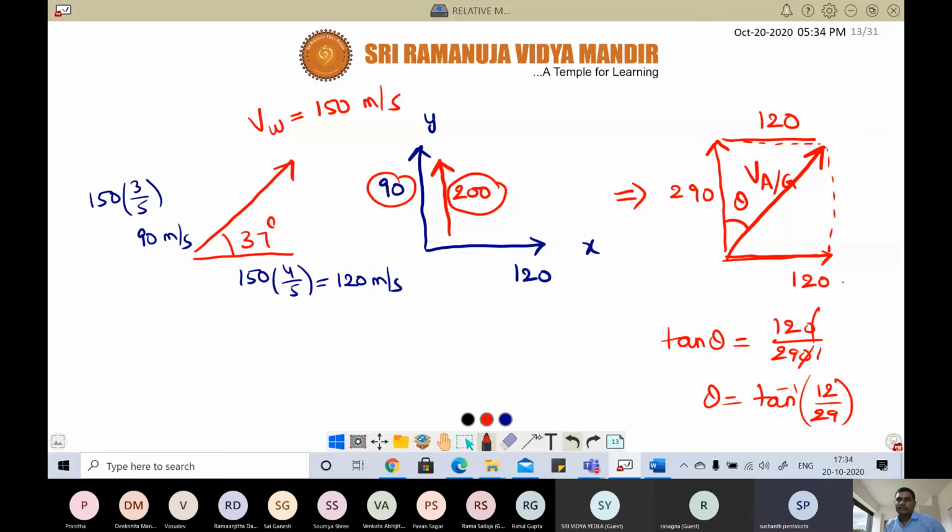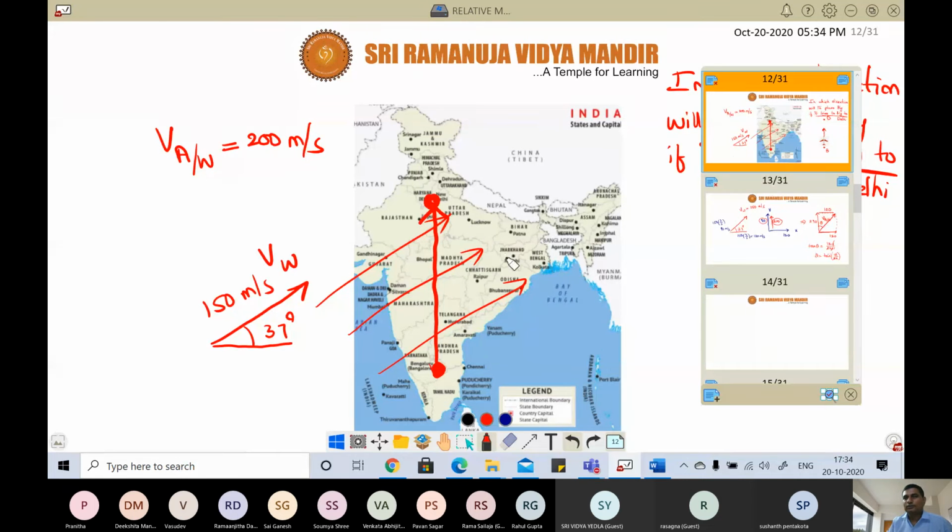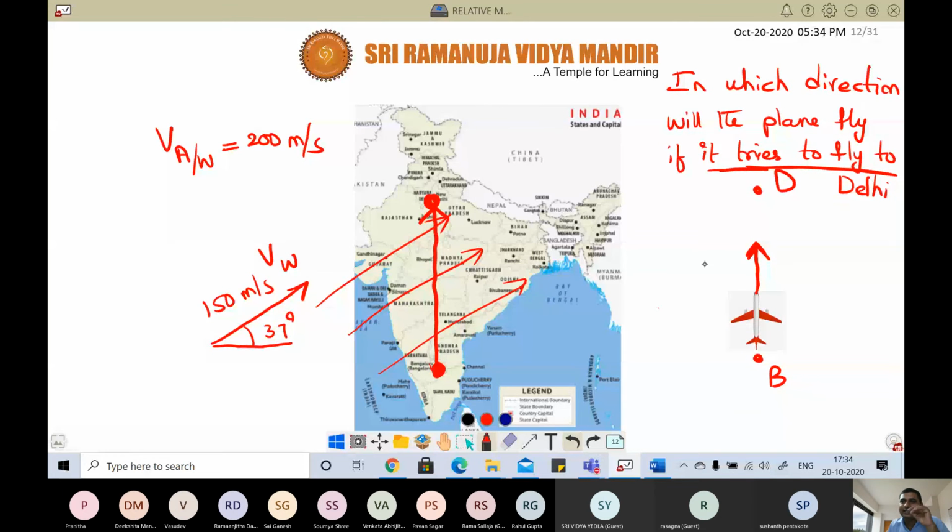So they'll calculate this angle, and then they'll find out exactly whether they'll reach Lucknow or Jharkhand or Bihar or Bangladesh. We don't know, or they may even go to China, depending upon this velocity. Okay, so now next question. Definitely, if he tries to move towards Delhi, because the pilot wants to move towards Delhi, he now understood that he cannot reach Delhi. Now tell me, next question: can you help him, in which direction should the pilot fly so that he will reach Delhi? That is the next question.